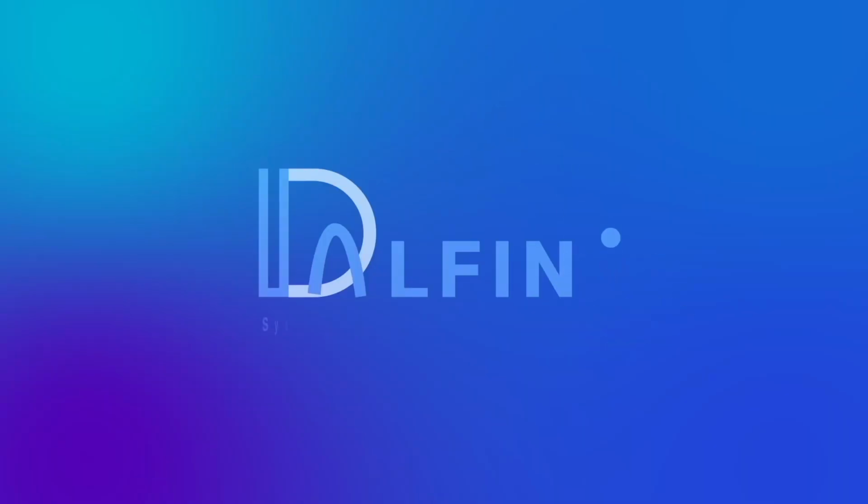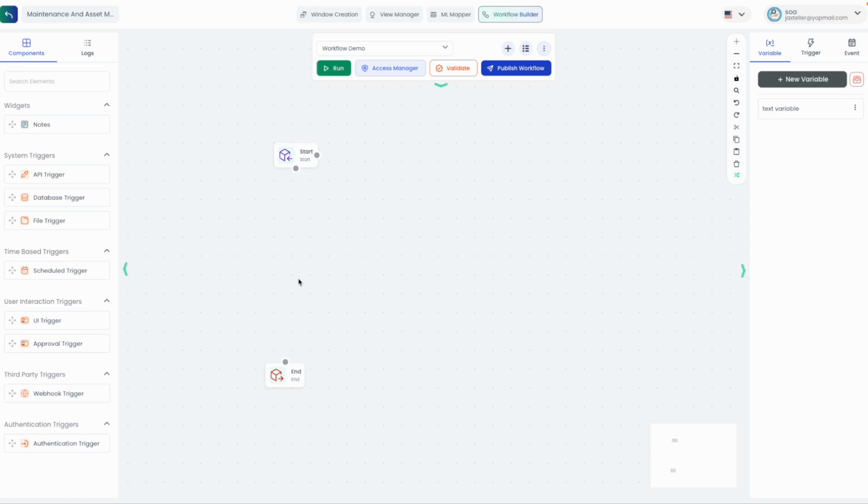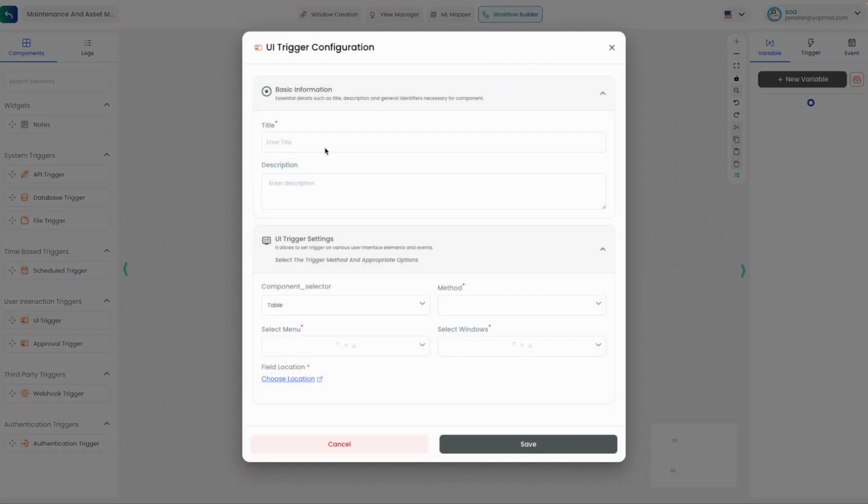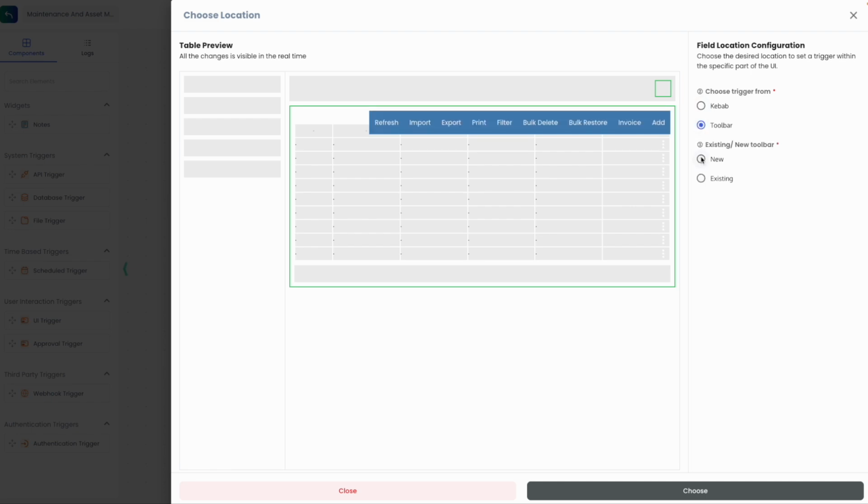Welcome to Dalfin. In this video, we'll show you how to configure the delete variable event in Dalfin's workflow. Start by dragging a UI trigger into the workflow. Add a title and description that clearly explain the event, then select the appropriate method, menu, and window, and click